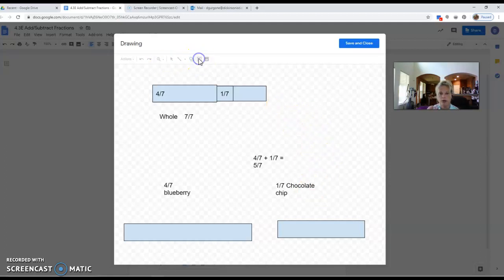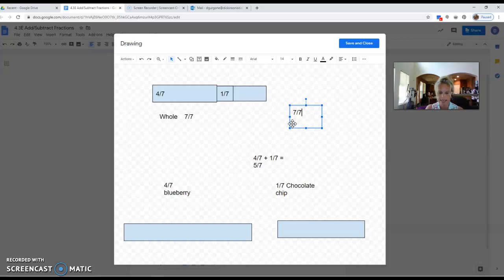So if we go in here and make a text box, what we're going to do is take our whole, which is 7/7, and subtract 5/7, and that would give us 2/7. There we go. It finally let me come in here and draw a text box. Okay, that's technology. Sometimes it is slow, boys and girls. Okay, so 7/7